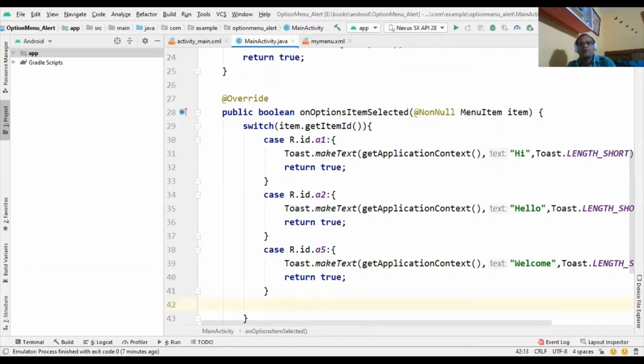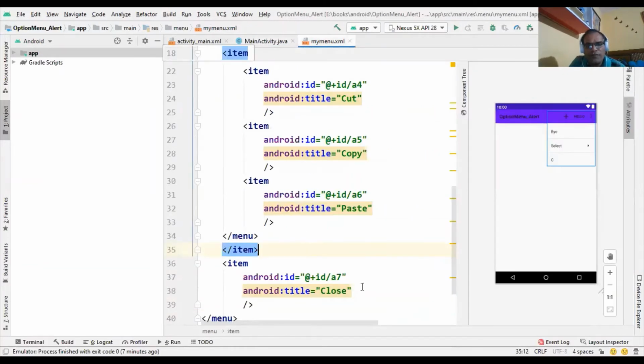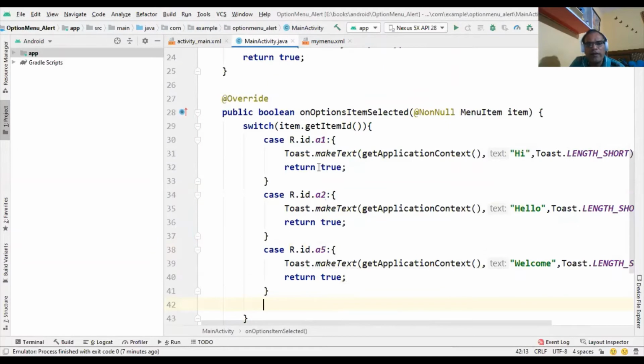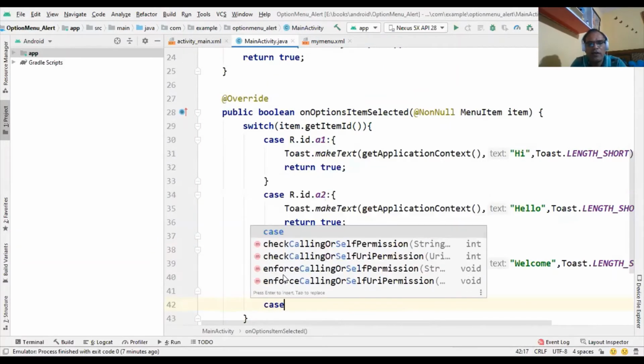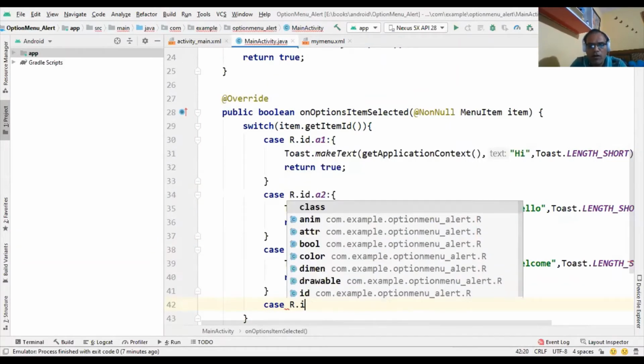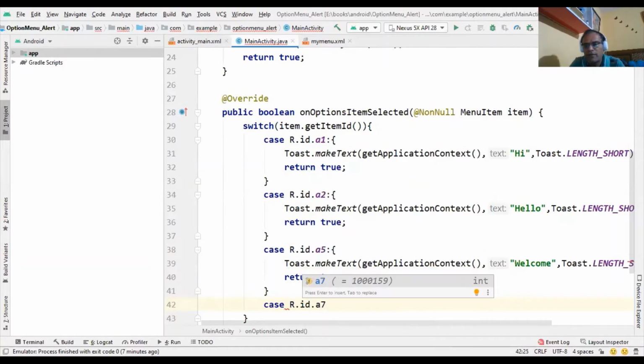Now, the purpose is to create the alert dialog. For that purpose, when we click on the close button, we use the a7 id. So for that we write here case R.id.a7.